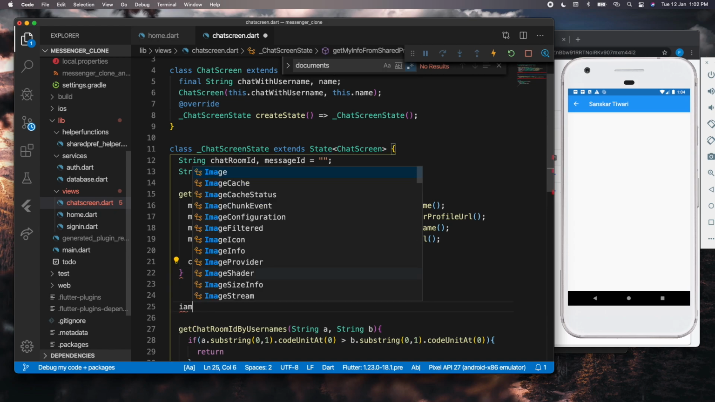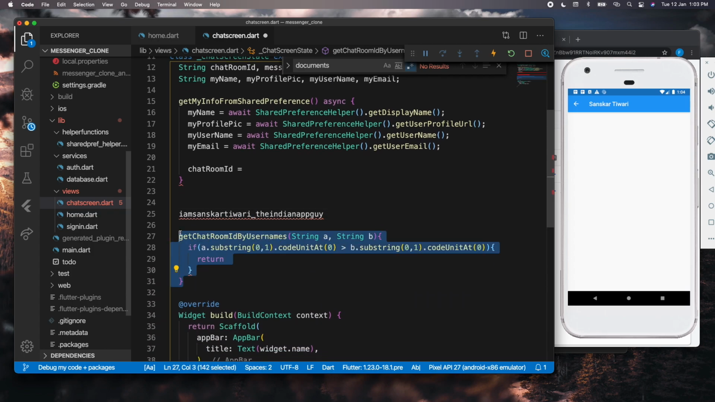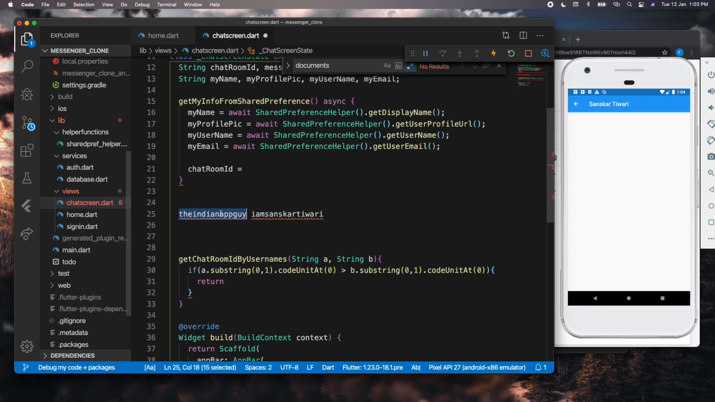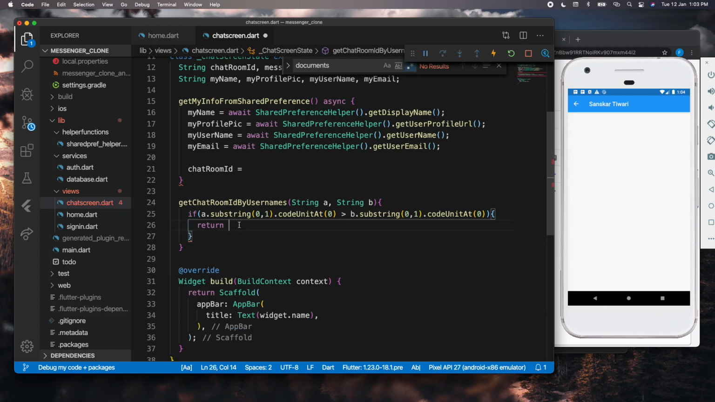So we will have two usernames. Let's say one username is I am Sanskar Tiwari and the other username is the Indian app guy. For the chat room ID I will have the username, then an underscore, and then the other username. Now I want to make this function so that I can provide these values in any manner and it will always generate the same ID. Whether it takes this first or this first does not matter. That's the whole point of this function. So now this will return